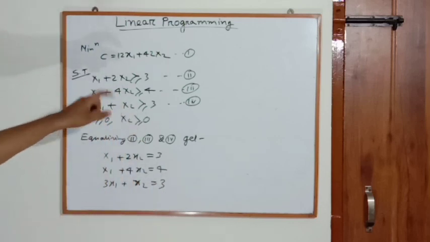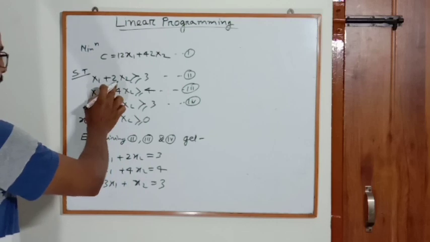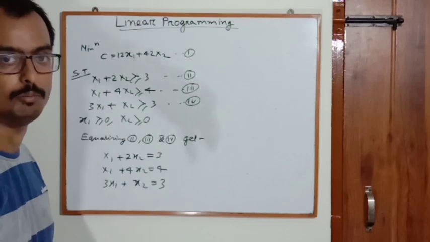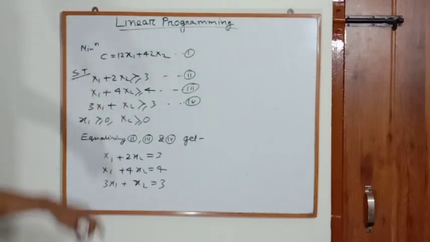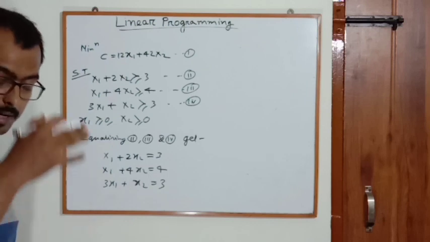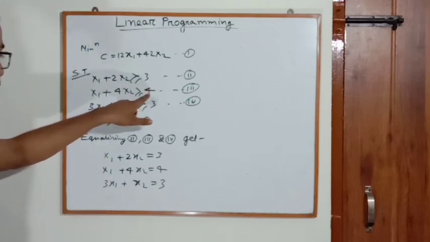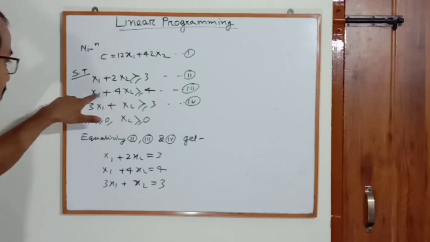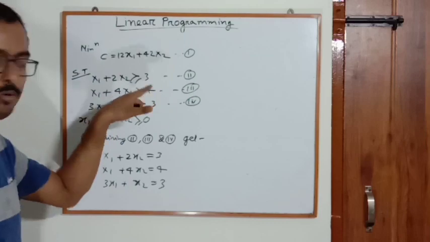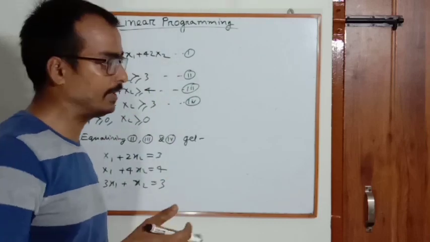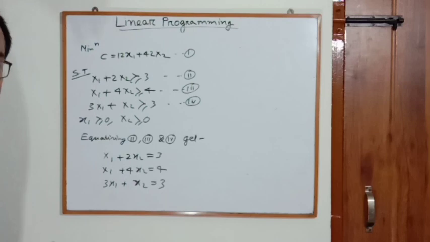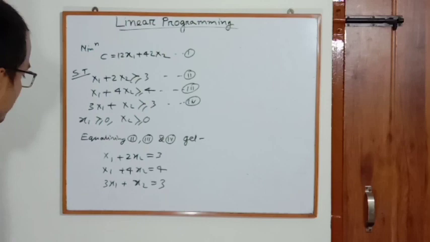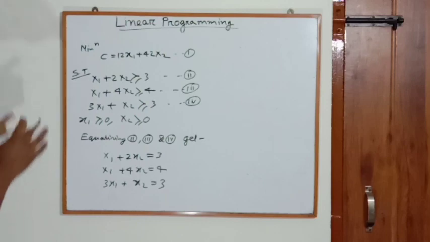In not a single equation do we have to simplify. If there was a 2 and a 4, I could simplify by taking a common factor. Like in my last video, if here it was 2, then you could take 2 common and that 4 would become 2. You can make the equation simple, but here it is not required. So we have done it.